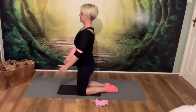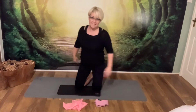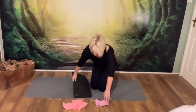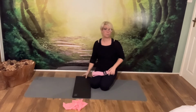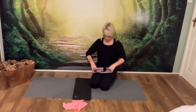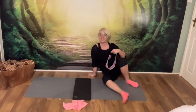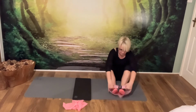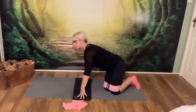And come back. Lovely. So we're going to release the band again, roll your shoulders. In a second, coming into all fours position. And I'm going to use this band, the booty band. There's no problem whatsoever using the other one. It's just I know that this one will stay still a lot better. The difficulty is I can't have a nice smooth transition because I've got to get the band on. So the band is going to go above my kneecaps, so it stops at the joint line, it's not on the joint line. And as we come back into all fours position again,